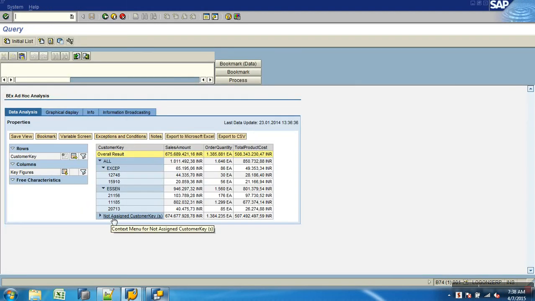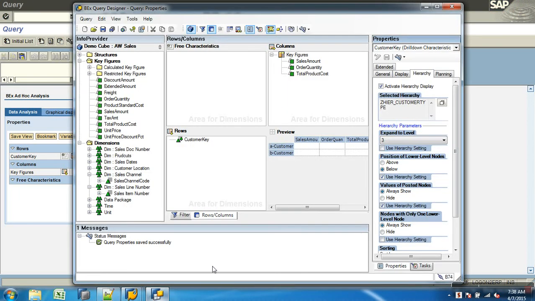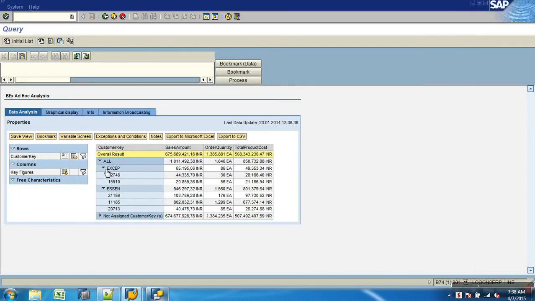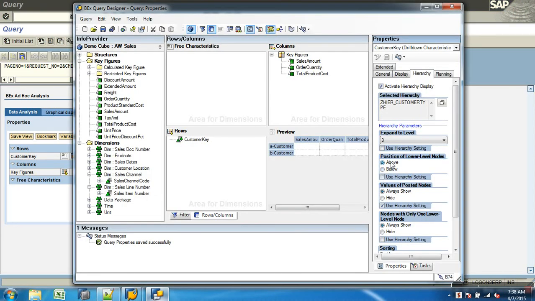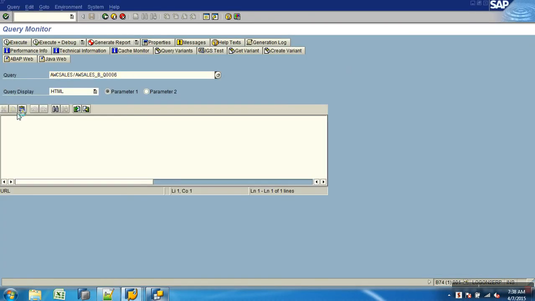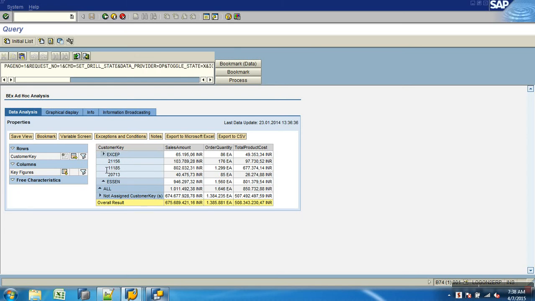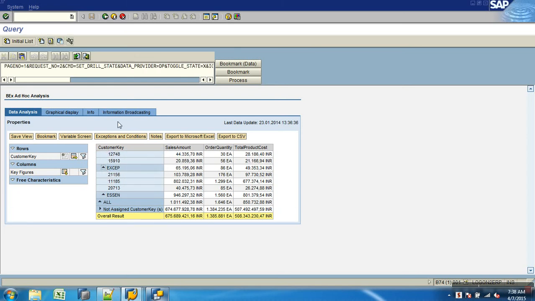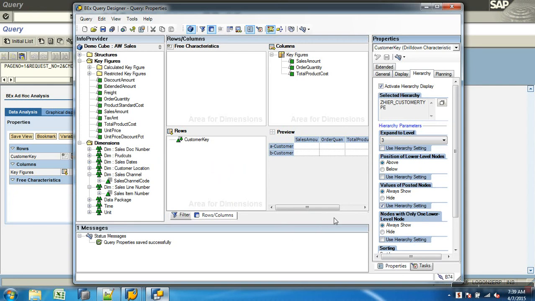But if I say I want to expand to node level 2, it will expand that level and keep it. Okay? Now, for example, if I close this, if I expand, you get to see the lower level. When I expand the node, I get to see the lower level nodes below, right? But sometimes they say when I expand, the lower level nodes should go above. Yeah. Then I will say lower level nodes above. In that case, if I execute, what happens? When I expand exceptional, it shows the lower level nodes above. And then the values posted, obviously only the nodes which have performed transactions should be shown. Yeah.